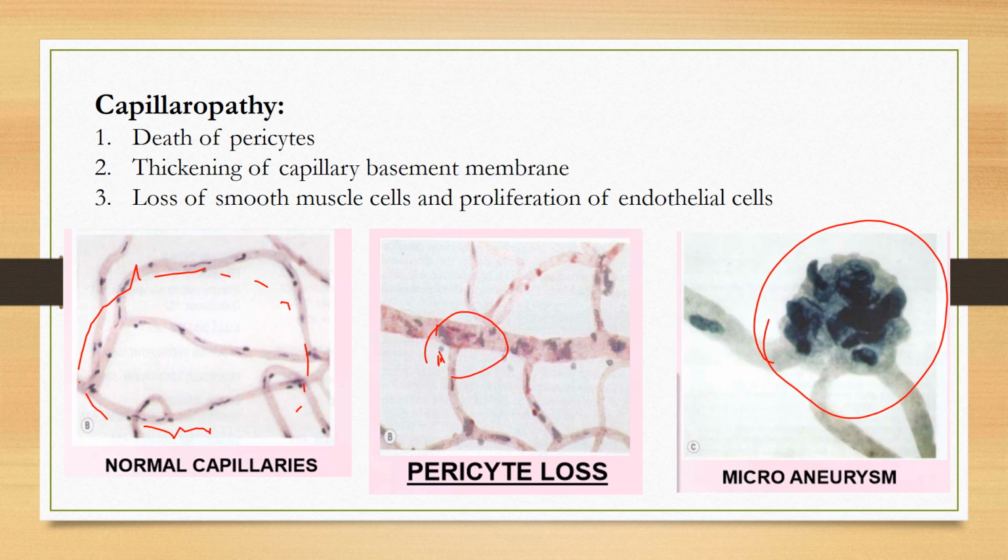diabetic retinopathy. So when this ruptures, what will happen is, this portion is already very thin. That's why it is bulging up. Over time, when it keeps on bulging, it ruptures and bursts out like a balloon and releases the blood into the retina. So this is how you have hemorrhages in the retina in case of diabetic retinopathy.